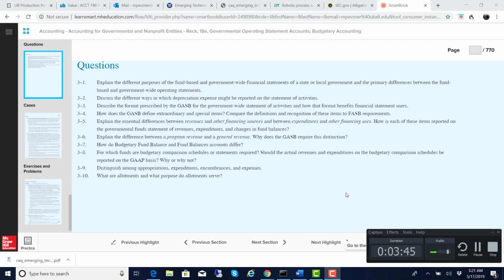It shows exactly how the format of the government-wide statement of activities is broken up. It gives you a governmental activities part of it, for instance, and then you can also have a business-type activities part of it. But the bottom line is, if depreciation expense could be allocated to a particular activity or function, it needs to be allocated to it. So on page 72, it talks about how some readers might find it surprising that depreciation expense usually is reported as a direct expense.